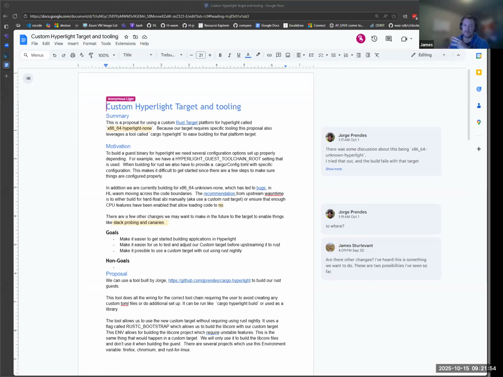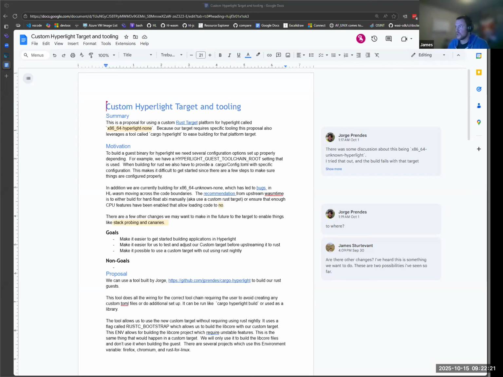And so we had a mismatch between the ABIs of the different components running inside our guest, and that caused some issues. Since we've been talking about having custom targets prior, I put together a document saying this is how we could potentially bring this into Hyperlight in a staged approach so that we could solve this problem.